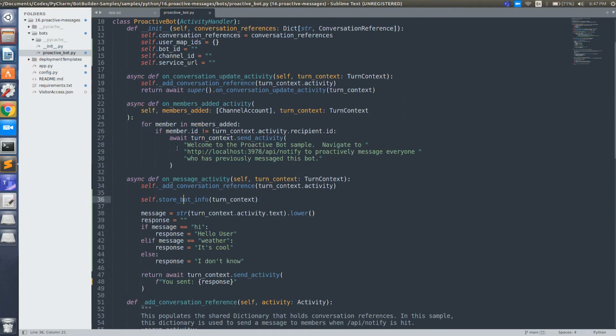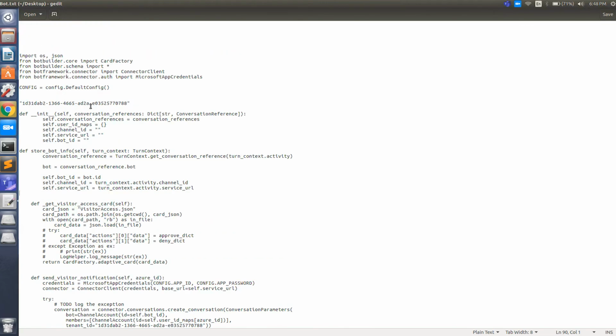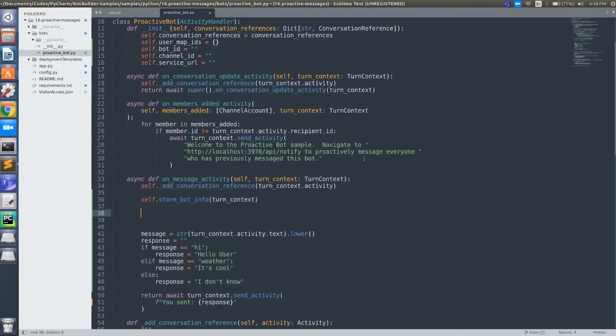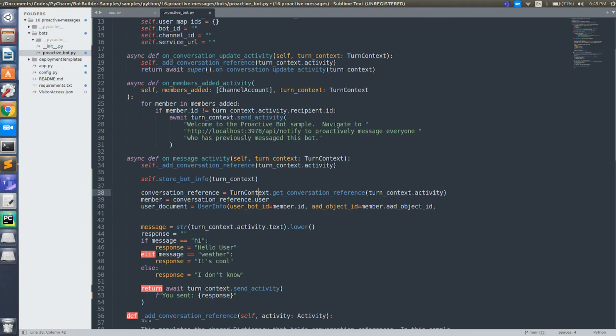Store bot info, fine. What we also want to do is, see, a user can have multiple bots. So to uniquely send a message to a particular bot, we need the bot ID of the user. That we will get in our on message activity, so we're going to capture it. Let me copy paste some more code and explain what it does. Whenever there is a message, we get that conversation reference.